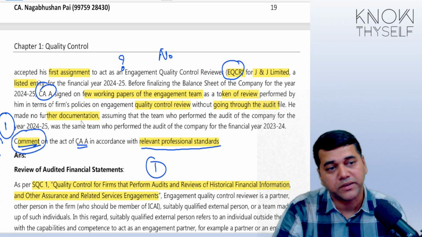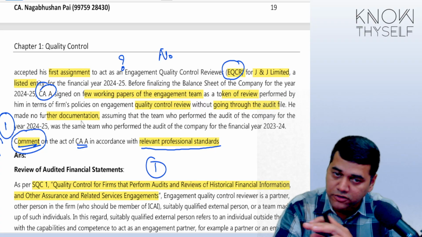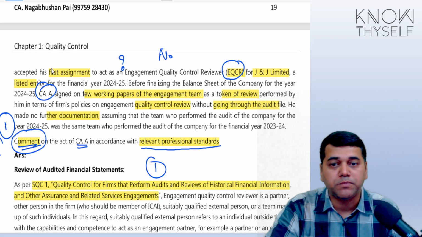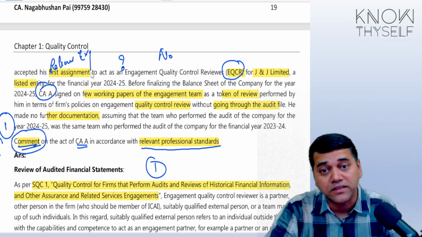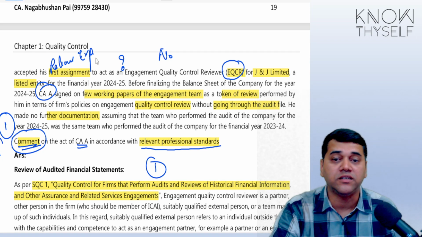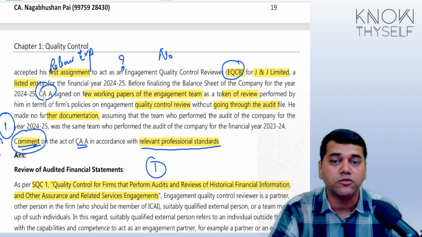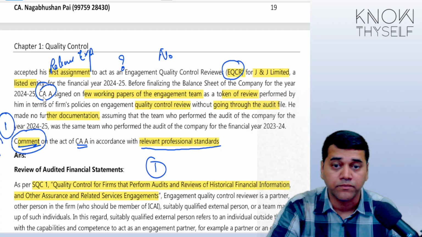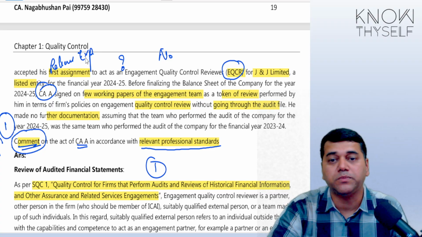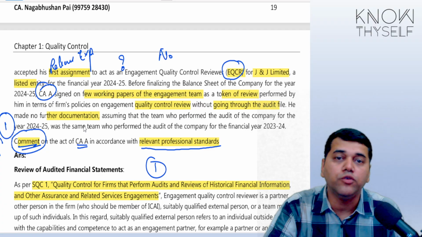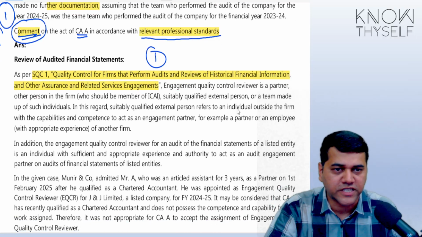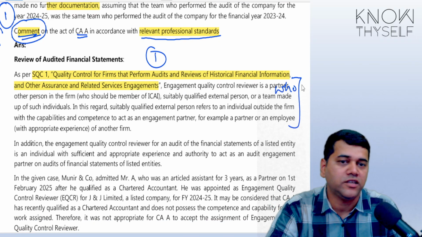He can be some person inside the organization. He can be another partner. That is also fine. But the problem is, whoever you are going to appoint as an EQCR, that person should have relevant experience. That means he should be capable of being appointed as an engagement partner for a listed entity. No, he has just cleared. He doesn't have any experience. First 3 years, he will not get the bank audits also. He has to work with some other practicing CA. Now, how can an inexperienced person review the work of an engagement partner of a listed entity? So you have to first explain here who can be an EQCR. That theory you have to explain.